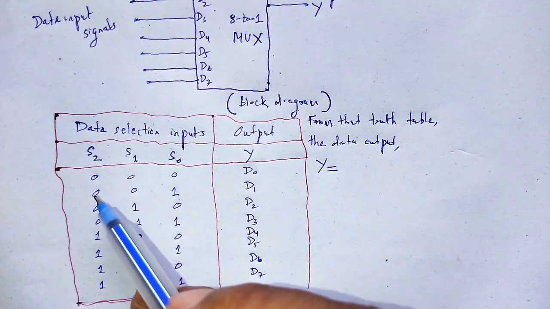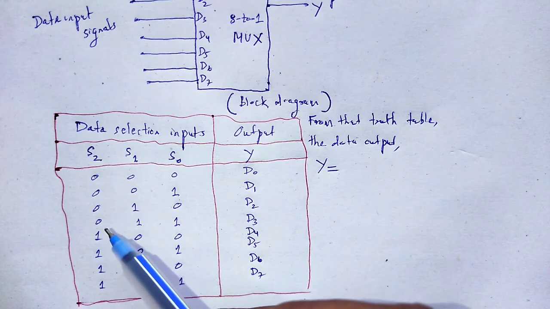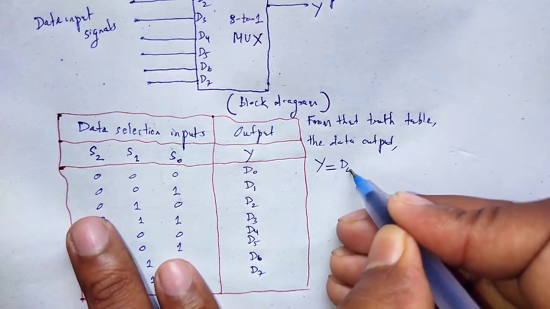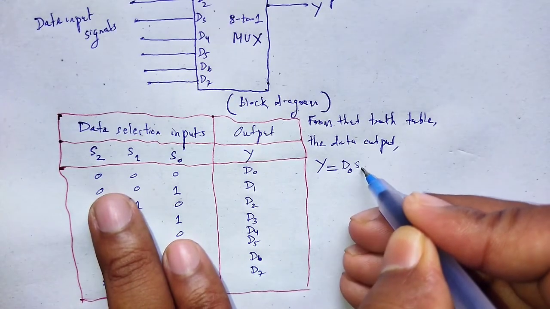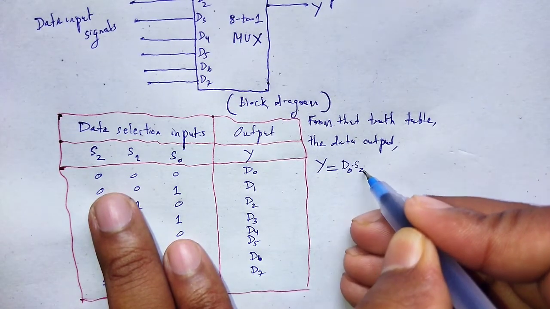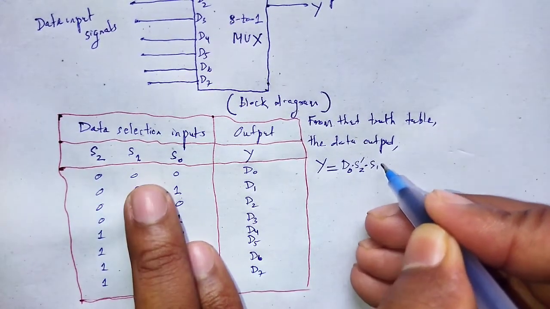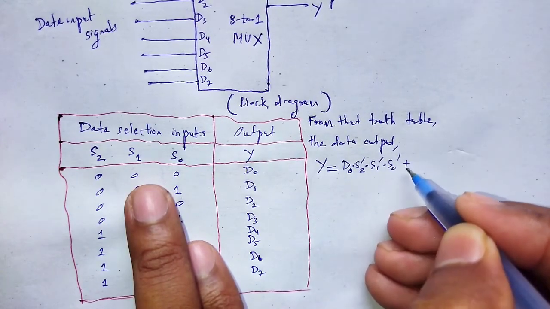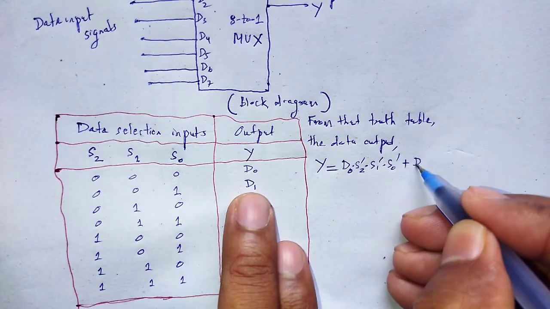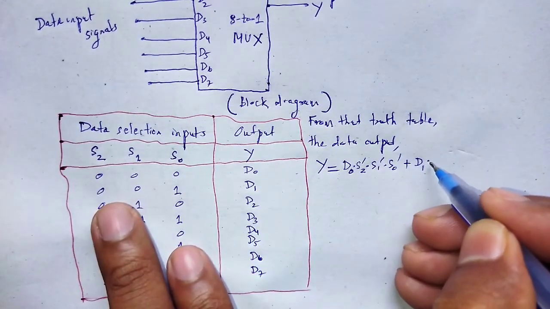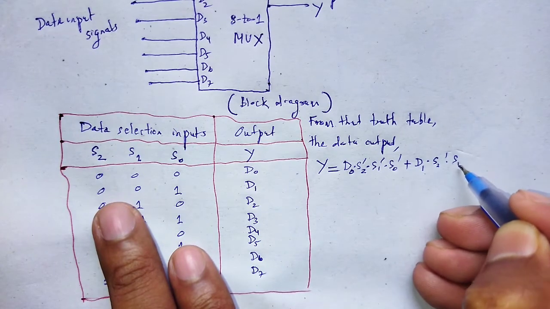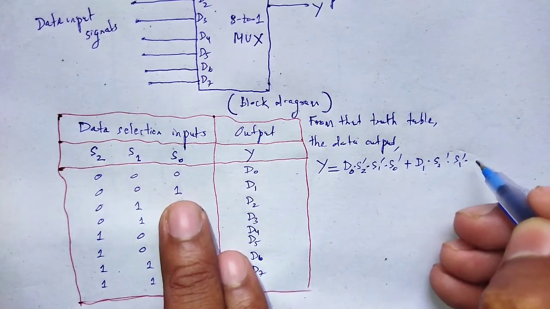For 0 we use prime, for 1 we use unprimed. That is why it will be D0 S2 dash S1 dash S0 dash plus D1 as S2 dash, S1 dash, S0